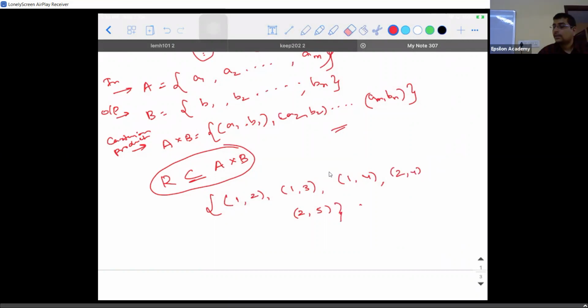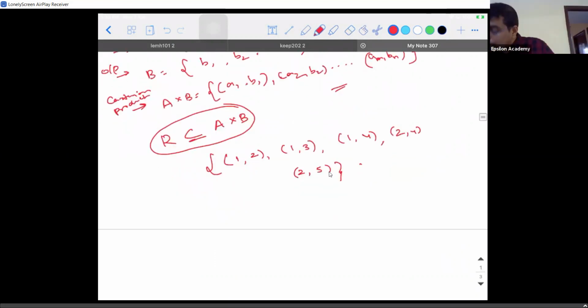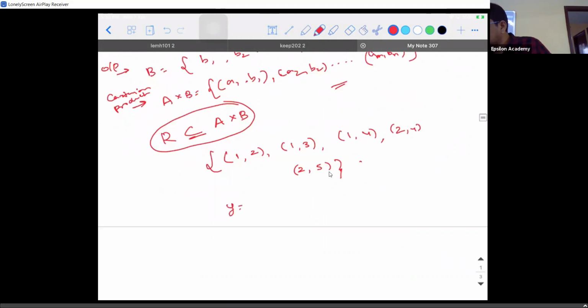Right? So if I ask you to frame a relation, or if I give you a relation like this, y is equal to 2x, what are all the ordered pairs that you will be picking up? (1, 2) and (2, 4). So y is equal to 2x is a specific relation. So this is the Cartesian product of which sets? A cross B is there: (1, 2), (1, 3), (1, 4), (2, 4), (2, 5). If I ask you to write the input set and the output set, will you be able to write in the reverse? Reverse, right?